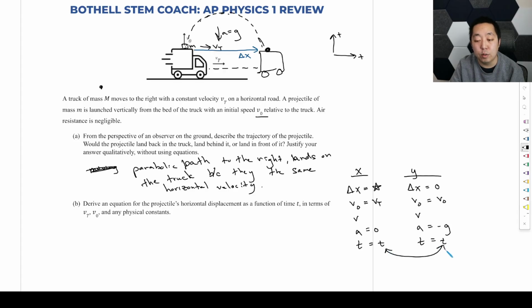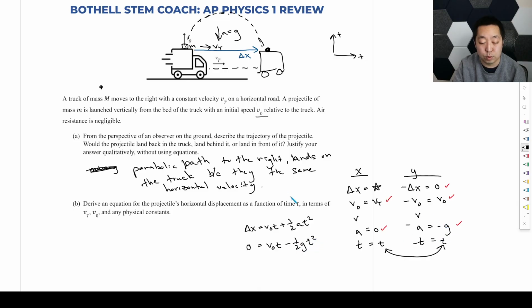Now, I don't necessarily know the time. What variables do I know? I know this one, this one, this one, and this one, and this one. I have 3 known quantities, and remember our kinematic equations work is if you know 3 quantities, you can solve for the 4th unknown quantity. So what kinematic equation relates those 4 variables? It's going to be V0t plus 1/2 at squared. That's going to be 0 is equal to V0t minus 1/2 gt squared, because this acceleration is negative because it was pointing down. You can factor out a t